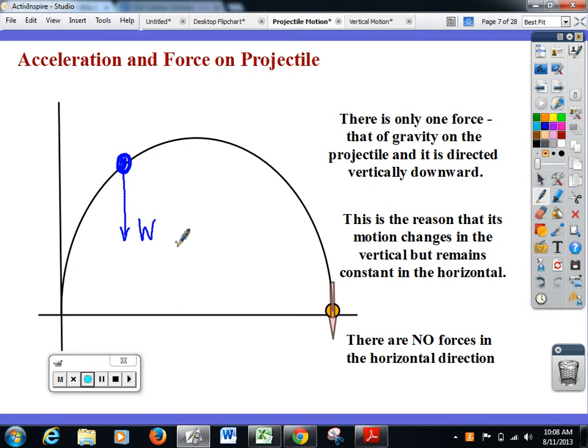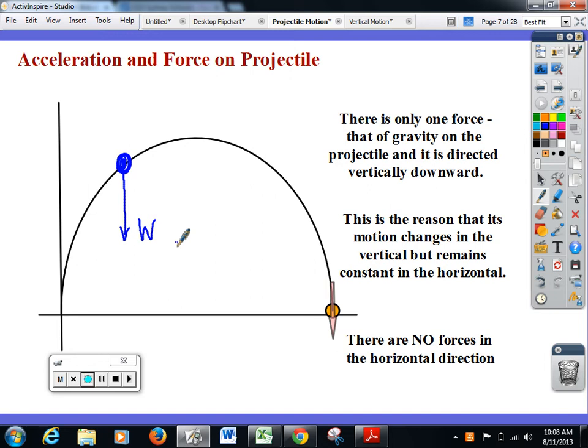No. You are going to say there's evil air-resistance fairies, aren't they? Yeah. We're going to ignore air resistance, okay? We have to do this, otherwise it becomes 4-unit mathematics. Okay. So, there's no forces sideways. There are no horizontal forces.